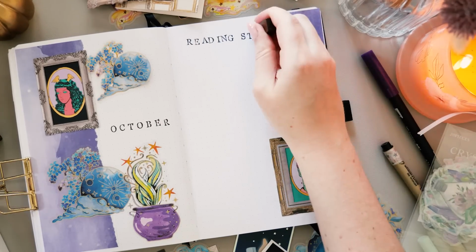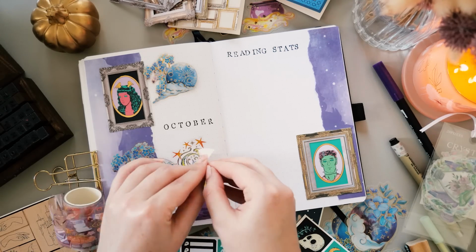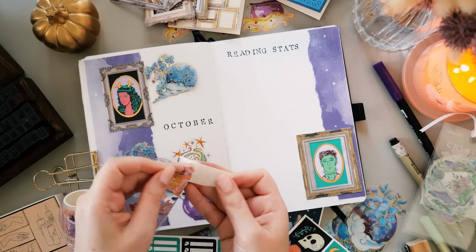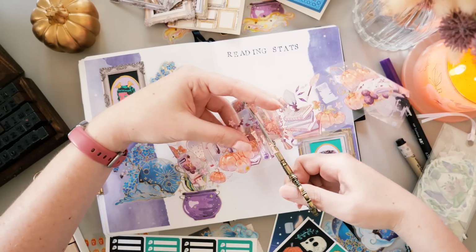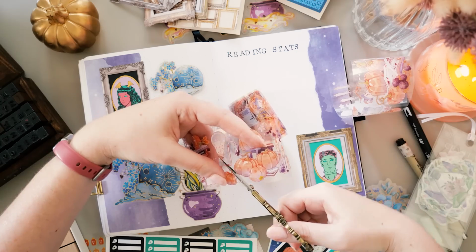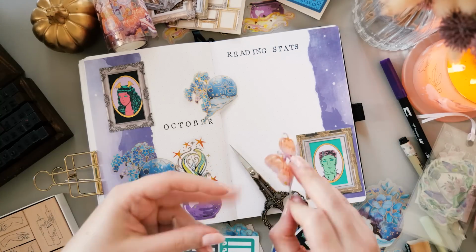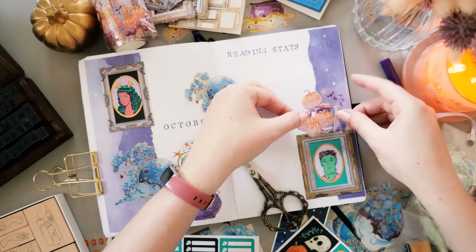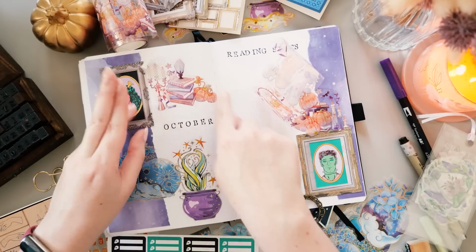It's just really fun. It's like a pop art Halloween, and I'm into it. I got this set of PET tapes from Journal Say recently as well, and they're all very Halloween coded, but I ended up only using one for this video, which is the one with the pumpkins on it, because I was like, well, that's very traditionally Halloween, isn't it? And we don't have pumpkins all around us here in Australia because it is spring for us right now. While all of you guys are having your cozy moments in the Northern Hemisphere, we're about to get really sweaty,